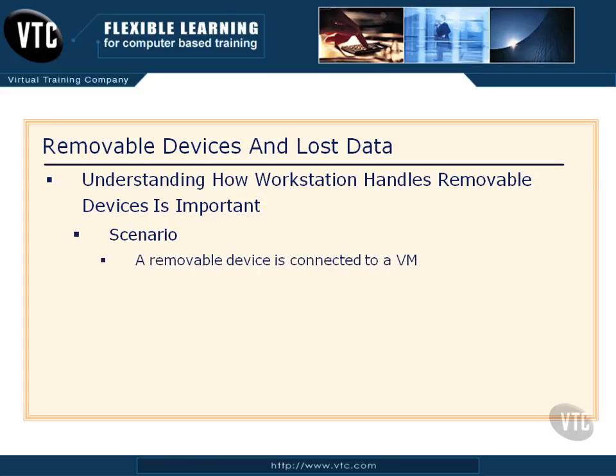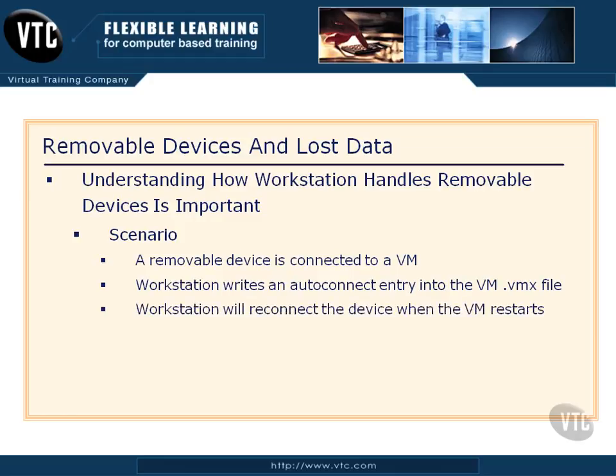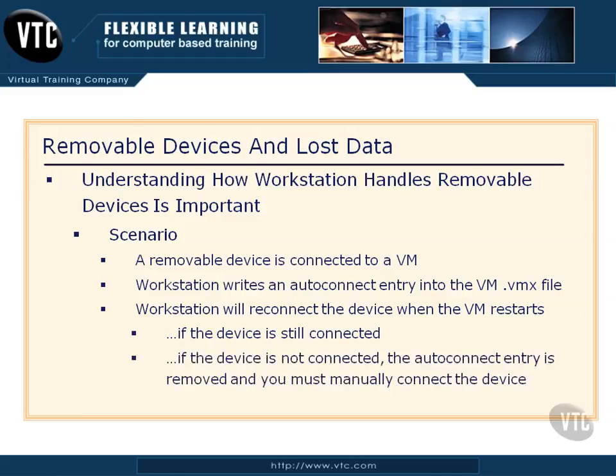So here's the scenario. I connect a removable device to a virtual machine. Workstation recognizes it. It writes an auto connect entry into that virtual machine's .vmx file. So what's going to happen is when the virtual machine restarts, Workstation is going to look in that VMX file and say, oh, by the way, there's a thumb drive that should be in here, and it will try to reconnect the device. If that device is still connected to the host machine, it will pick it up and reconnect it. If it's not connected, that auto connect entry is going to be removed and you'll have to manually reconnect the